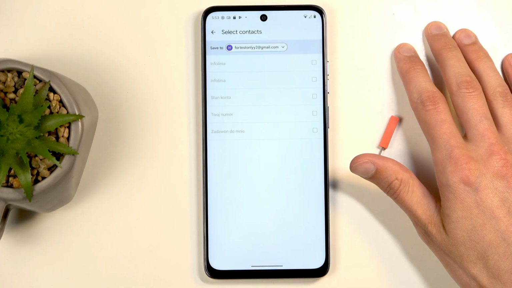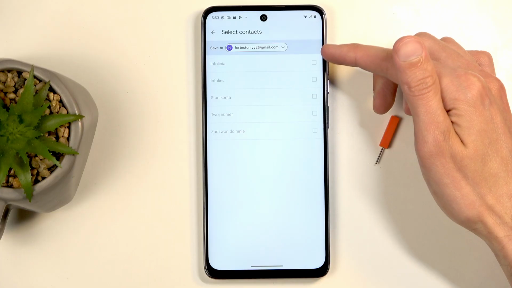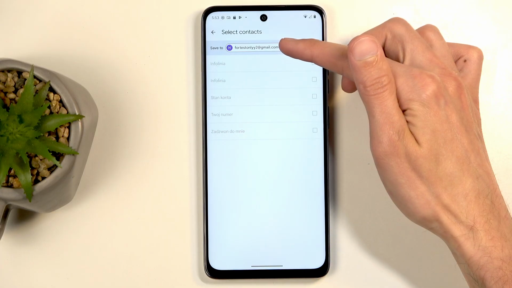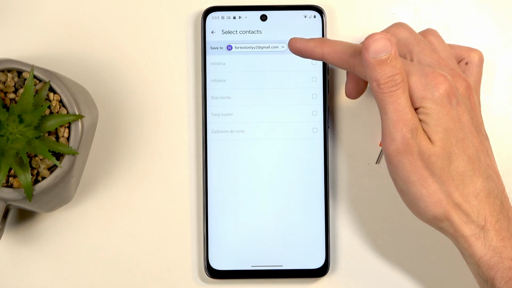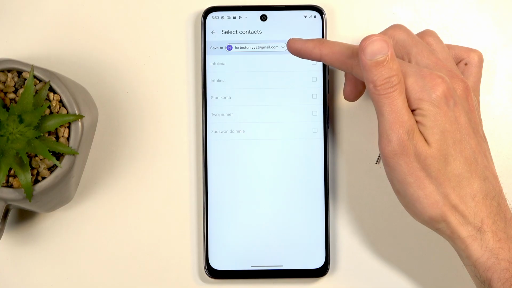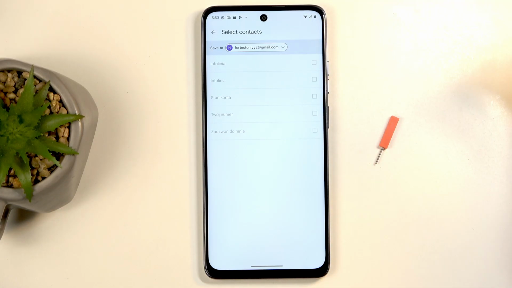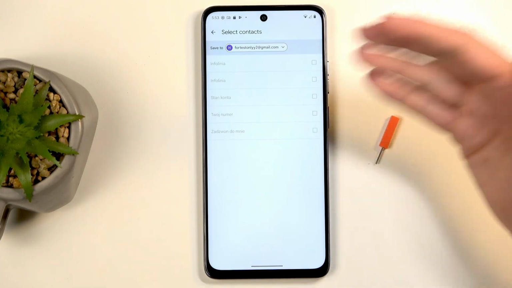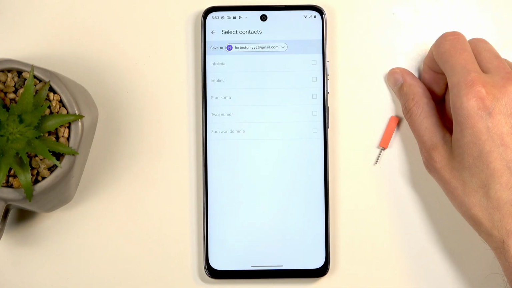There we go. So from here, I can see that all the contacts are right now grayed out and deselected. Now that's because all these contacts exist on the default location, which is Google account. Your phone will always try to default to Google account because Android always will prioritize data gathering for Google, because it's Google after all. So, by doing that, importing to their cloud, they're basically giving access to Google to all